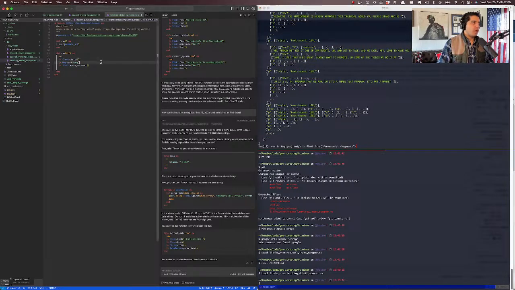Well, I'm not going to parse. I don't know why one would parse the document when one can just pass in that string exactly. But